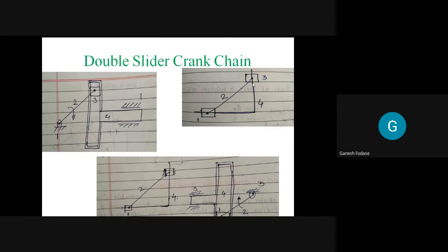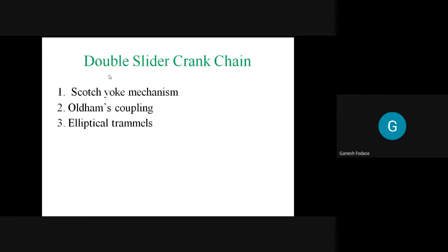So link number 1 and 3 both are sliders. So let's say we fix one of them. The thing here is, if I fix link number 1 or link number 3, in both cases you obtain the same inversion. So I hope you've seen here, I have written only 3 inversions: Scotch yoke, Oldham's coupling, and elliptical trammel. Why 3? Because the first inversion, that is the Scotch yoke mechanism, is obtained in both cases: when link number 1 is fixed, and in the second case when link number 3 is fixed. So out of the 4 inversions, 2 are repeated when links 1 and 3 are fixed; in both cases we obtain the same inversion.